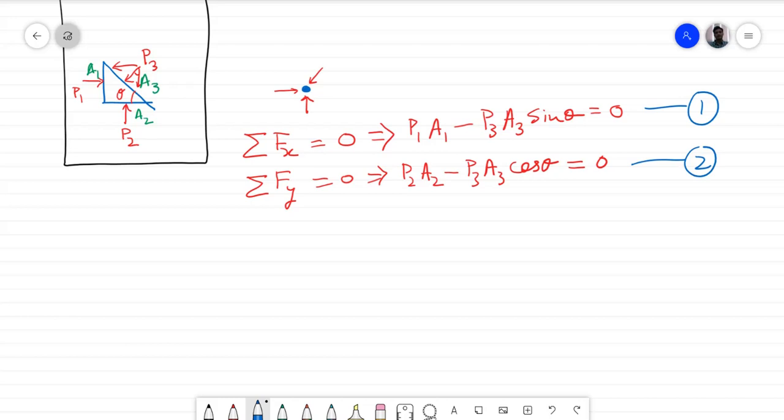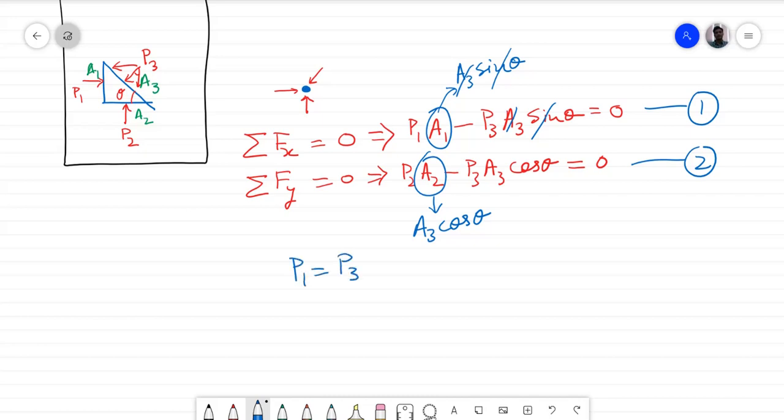Let's call them 1 and 2. So let us write 1, the first equation. Let us further write A3 in terms of A1. From this triangle we can see that A1 by sine theta is A3, or A3 sine theta is A1. So we can write A1 as A3 sine theta. Similarly, here we can write A2 as A3 cos theta. So you can see that sine theta, A3 will cancel out from here, and we get